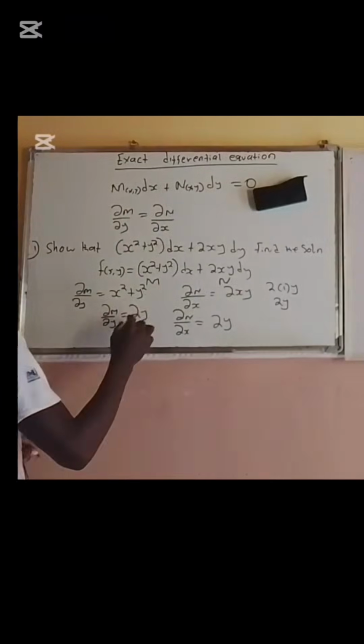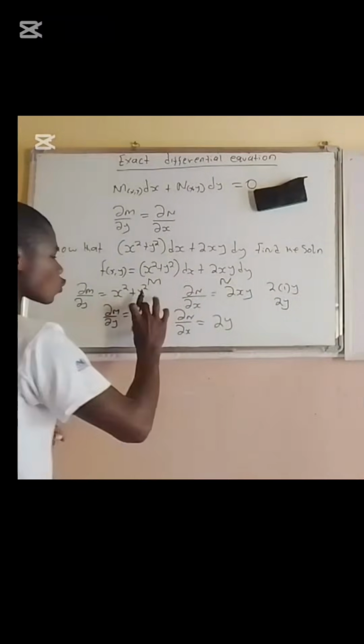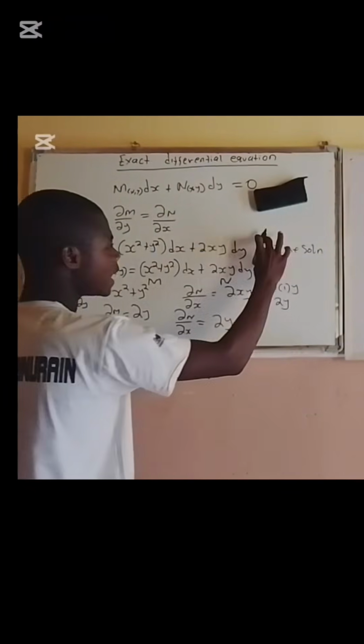So as you can see, the equation is exact. 2y is equal to 2y. So therefore this equation is exact. And hence I am to find